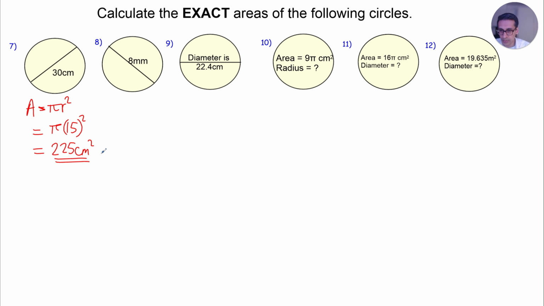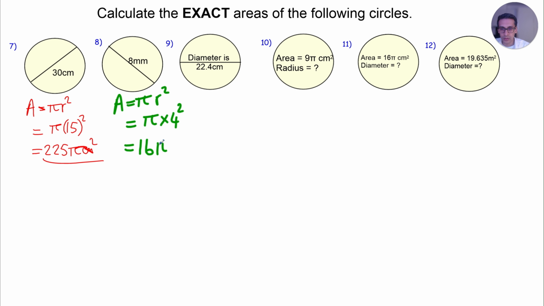Sorry, there should be a pi there. Next one, we've got area equals pi r squared. The radius is 4, so it's going to be pi times 4 squared, which is 16 pi millimeters